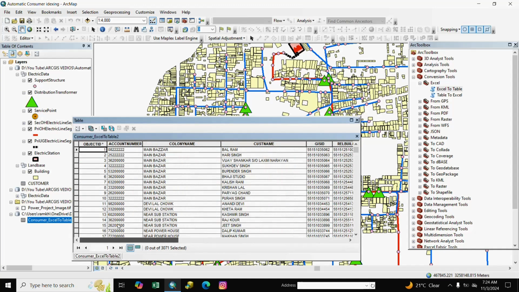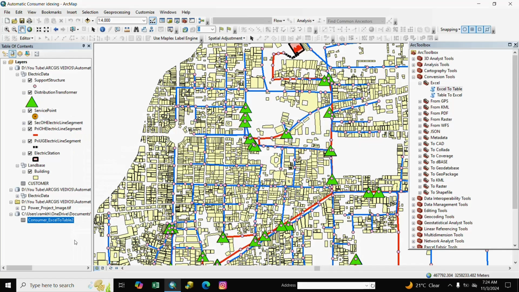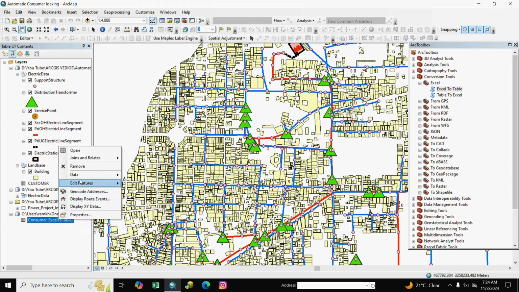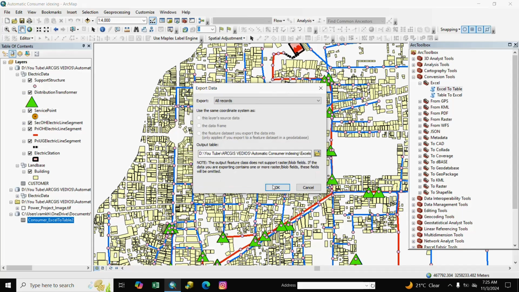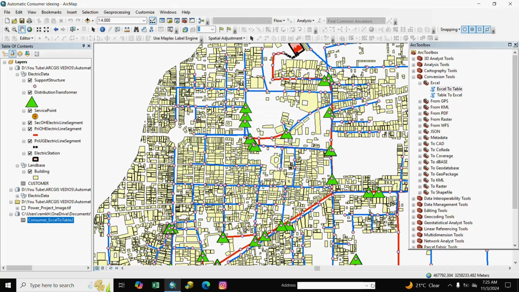The table is created, and we export it as DBF. Here is the exported data.